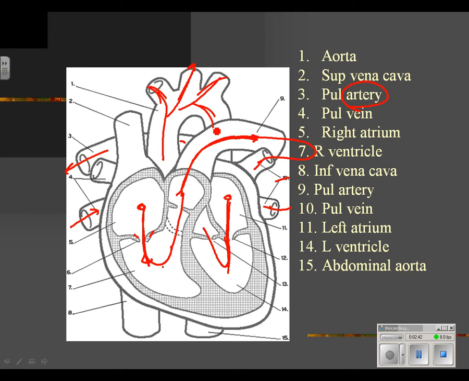Okay, the blood coming back to the heart: if it comes from the head, it comes in the superior vena cava, labeled number 2 on the slide. If it comes back from the body, it comes in the inferior vena cava, and both of those dump into the right atrium again. Key thing to remember is that it's a one-way passage, that there's one-way flow through the heart